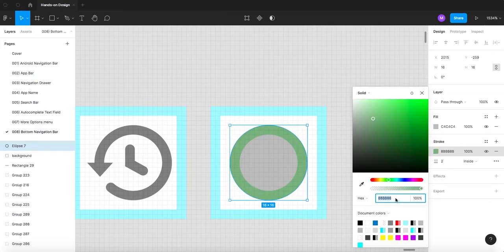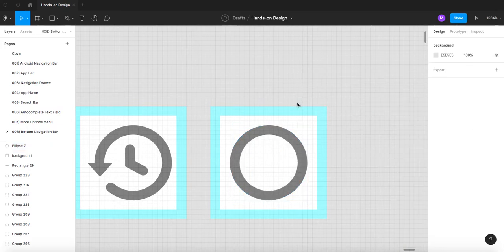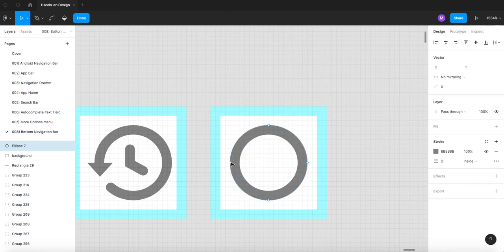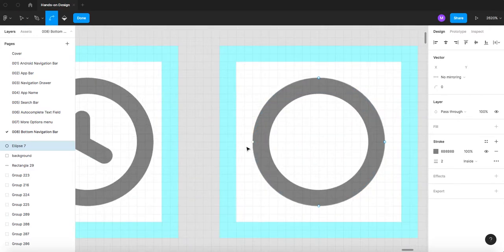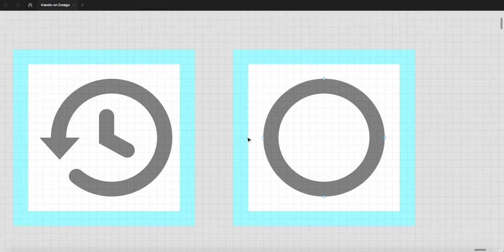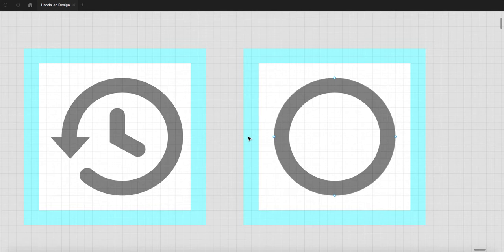Oops, not like this. Not at all. 8b, 8b, 8b. Now it's okay. And we have no fill, so I will click here to remove the fill, and then we will change this shape a little. We will click twice. Now you can see these anchor points like this. I will press Ctrl backslash. Now we are going to see only the